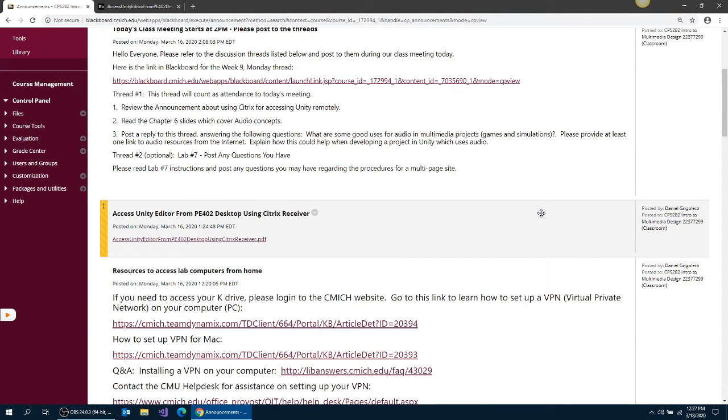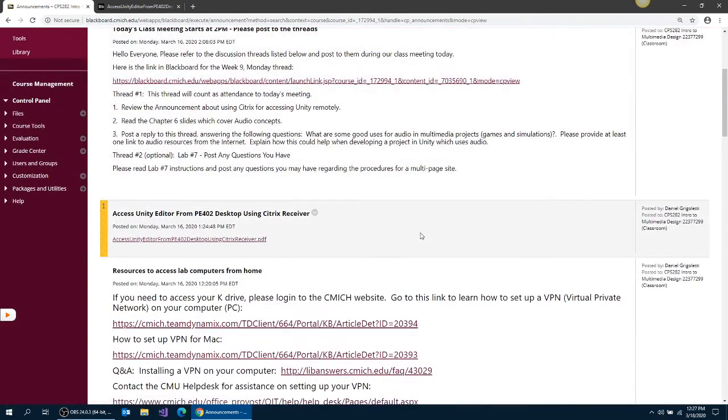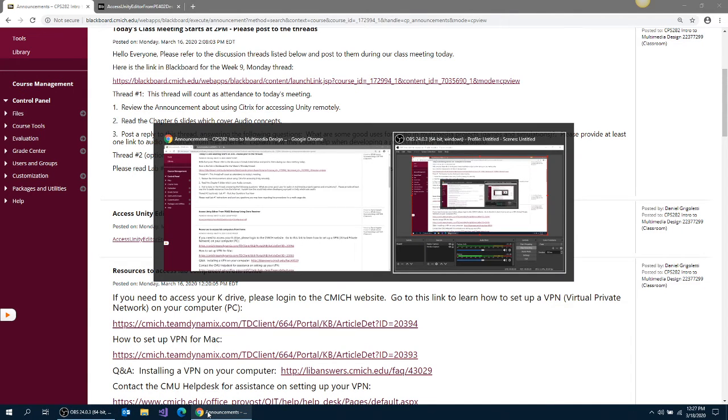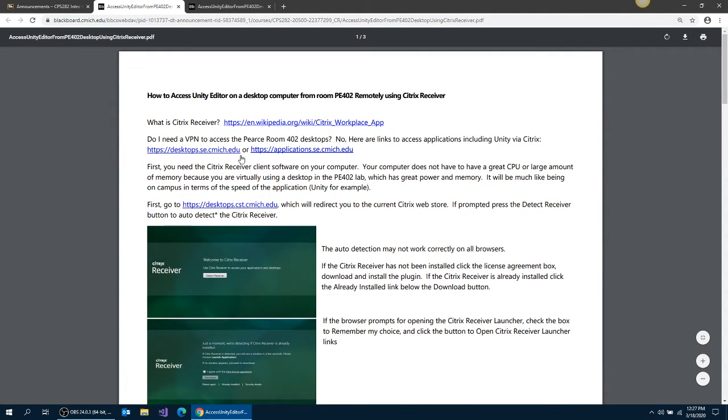Okay, so I'm going to show you how to get to the virtual labs. If you go to Blackboard, you can see there's an announcement that I posted called Access Unity Editor from PE 402 Desktop using Citrix Receiver. When you open that up, you'll get a file that gives you instructions, and there's a link to